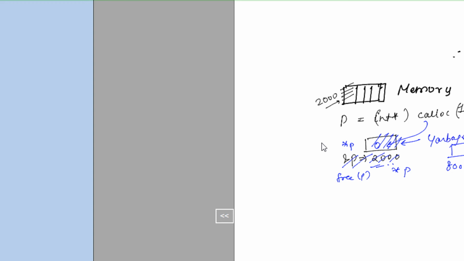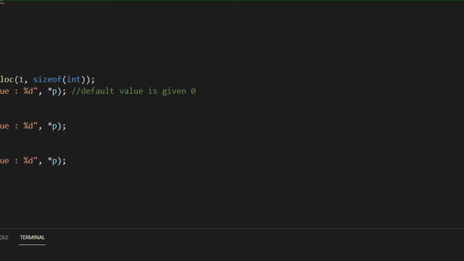So even when I'm doing free p, and if the address of p is the same as 2000, you may still encounter a garbage value, because the moment you did a free p, this 0 is lost and replaced by a garbage or random value.